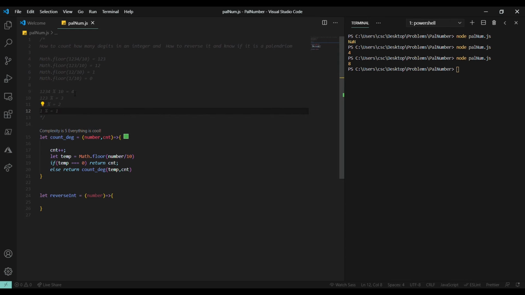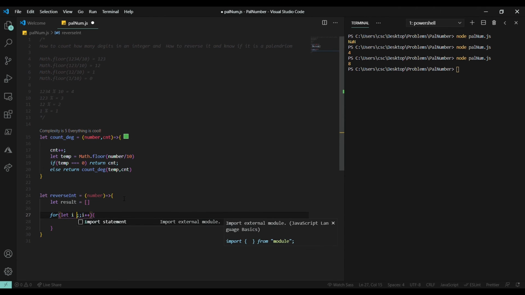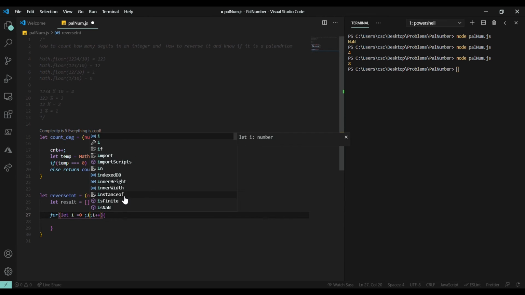So as you can see here, we have the numbers in reverse: 4 3 2 1. So what we need to do is to store the numbers in each process. We need to store the numbers somewhere in an array. For example, I'll call it result, and at first it will be an empty array, and here I'll just be using a for loop, and here i is equal to 0, and i is less than